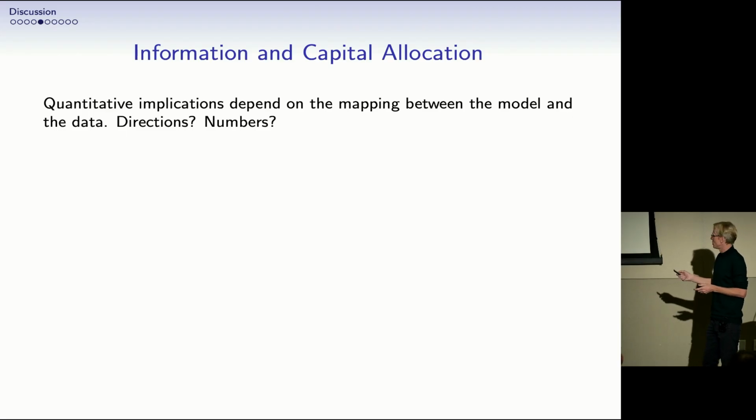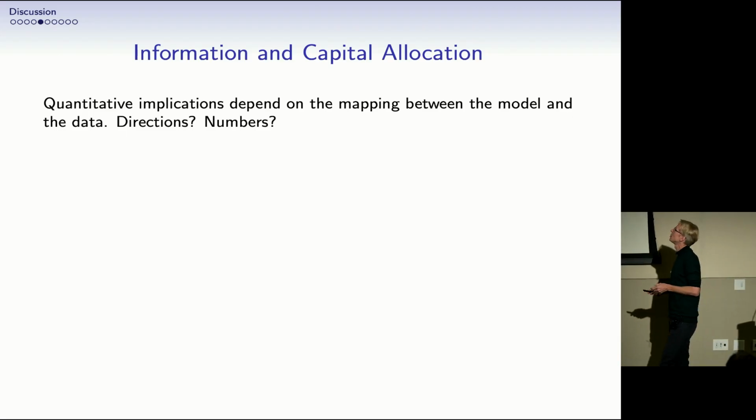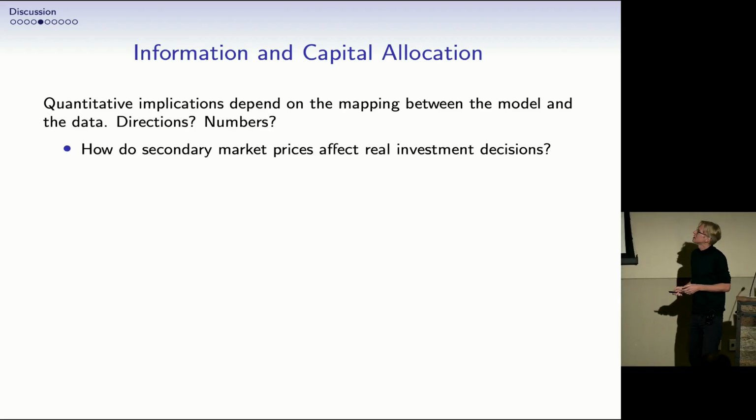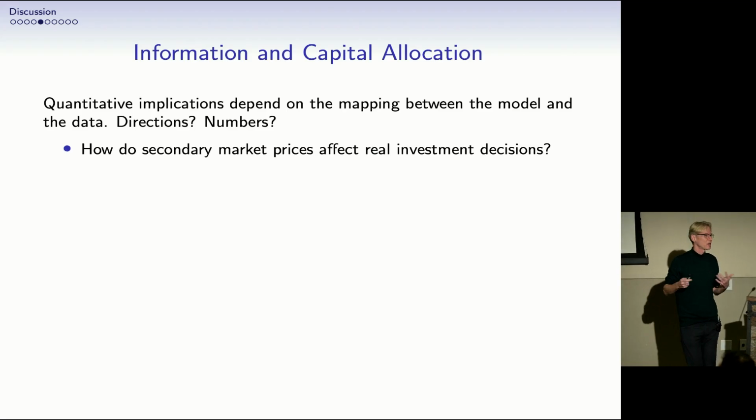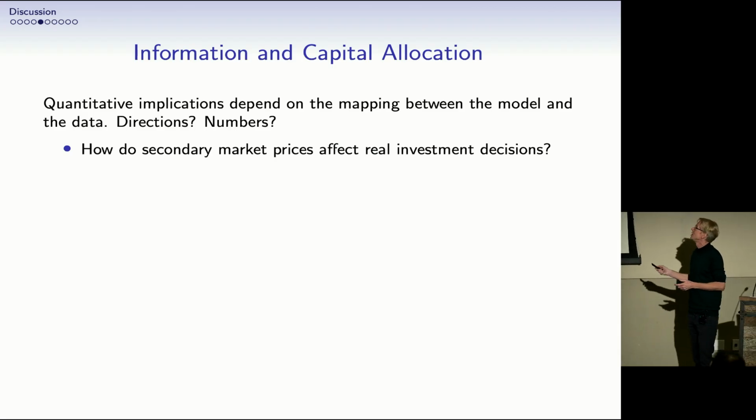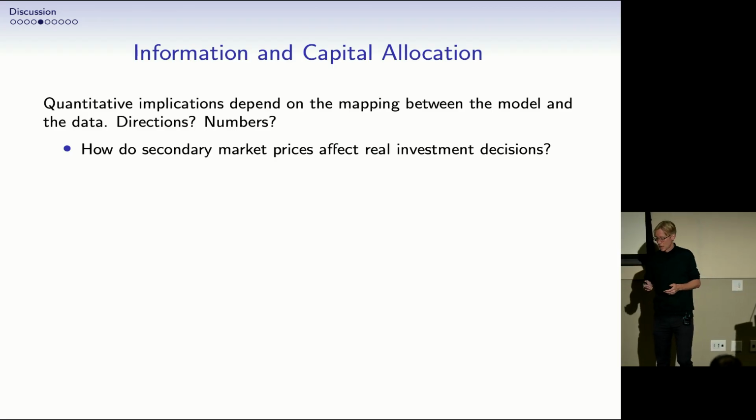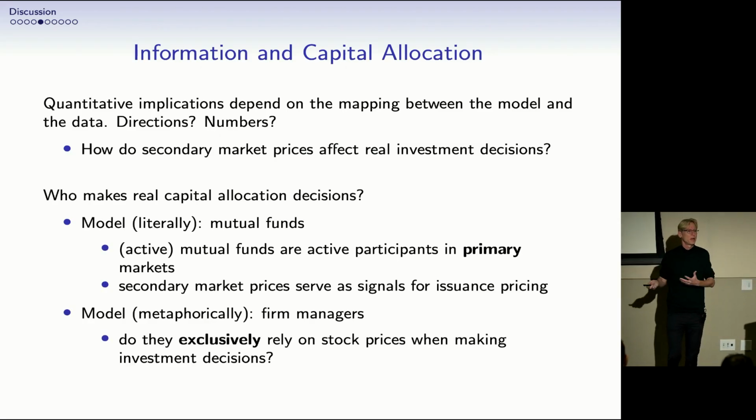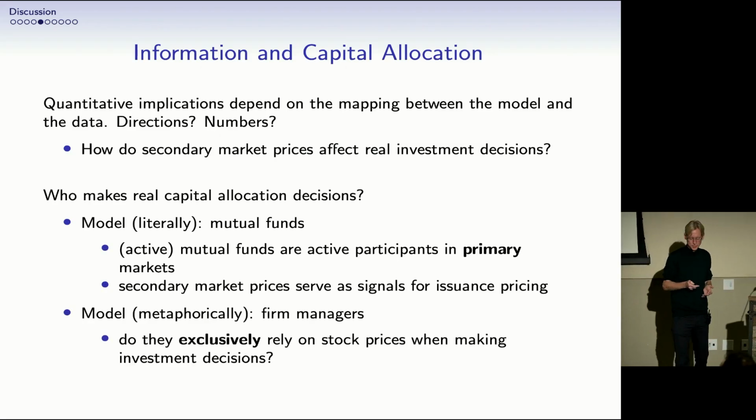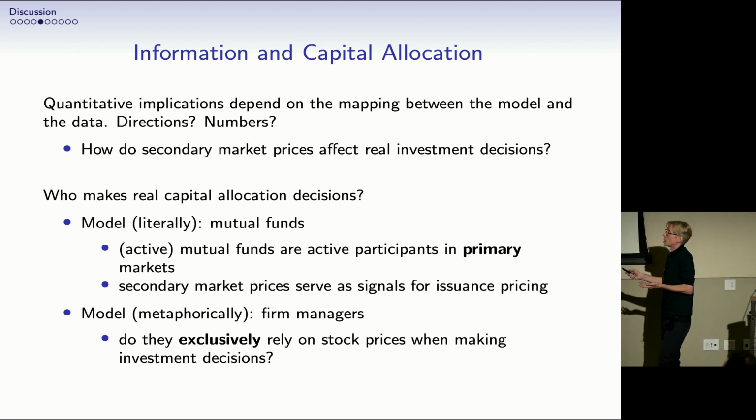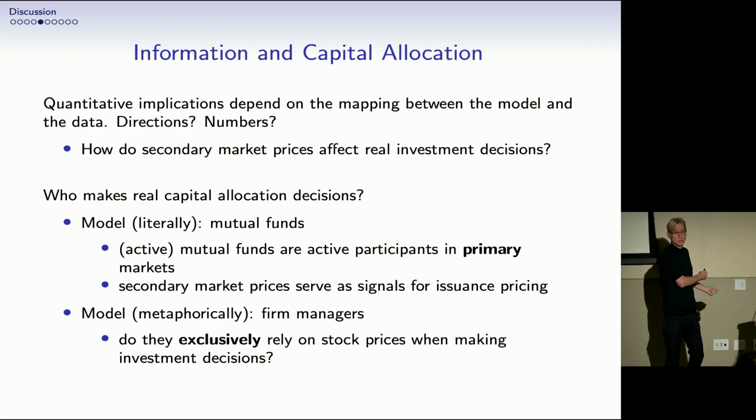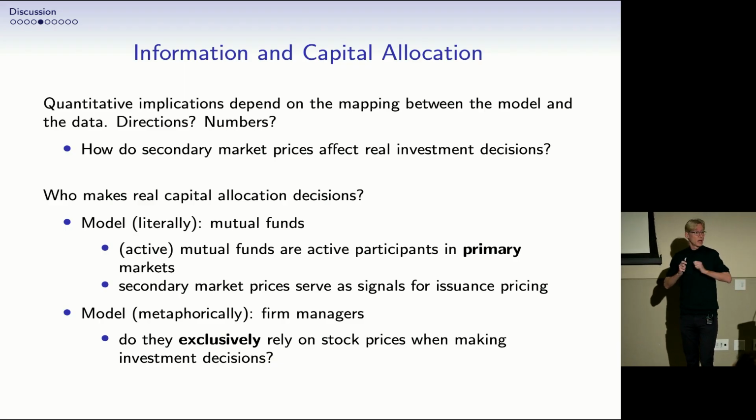So I'm going to be trying to comment a little bit and think a little bit about the mapping between the model and the data here, which basically is a question: how do the secondary market prices and trading really affect real allocation decisions? And in some sense, that really depends on how you think about the capital allocation decision in this context. And now you can interpret the paper in two ways. You can take the model literally. Then this is about mutual funds taking savings from households and allocating them